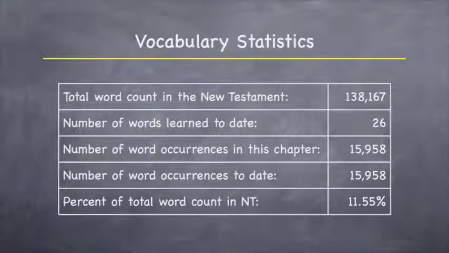There are 138,167 word occurrences, or word counts, in the entire Greek New Testament. You now know 26 words. Those words occur 15,958 times, which is the same number in the next row. That number will obviously grow in other chapters. But look at the final row, the percent of total word counts in the New Testament,